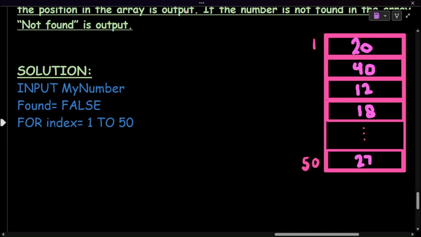Now this loop is going to start from index 1. It is going to start from this position. So it is going to check if that number that the user has given us is available on first index. If not, then it's going to move to the second, then third, then fourth, till it reaches 50 or till it reaches the value that we need to find. Okay,